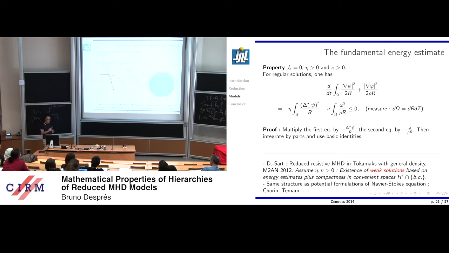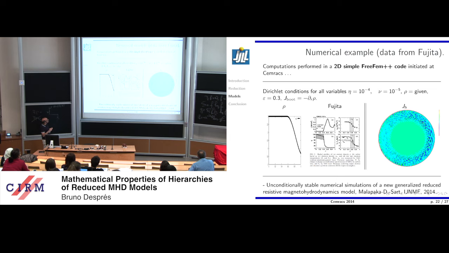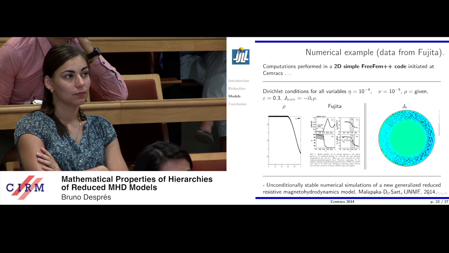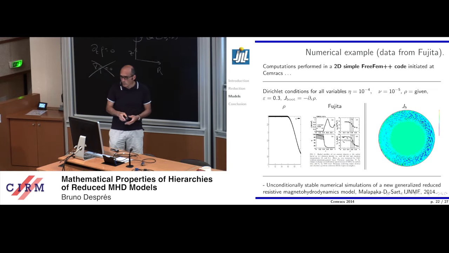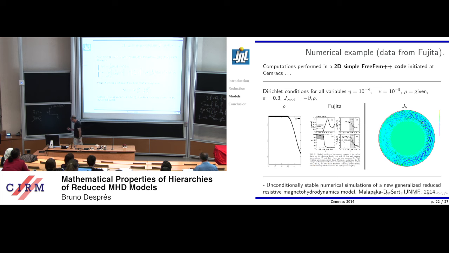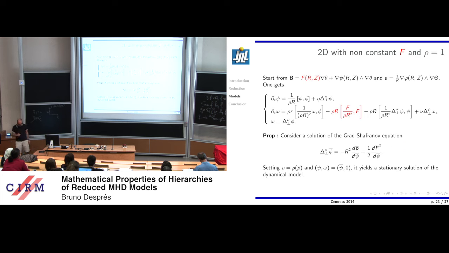And we've done some numerics also with that, especially with this variable density. I do not say that this is correct from the physics, but at least we were able to do the numerics. So we have discretized the model with the variable density, and it was okay. We took that from a physical paper from Fujita, and this is variable density. Anyway, I don't want to comment too much, but it was possible to do some new numerics. So let me now describe two new models, and after that I will conclude. It seems to me that the two more interesting models that we were able to write with Rémi, with that method, are these two.